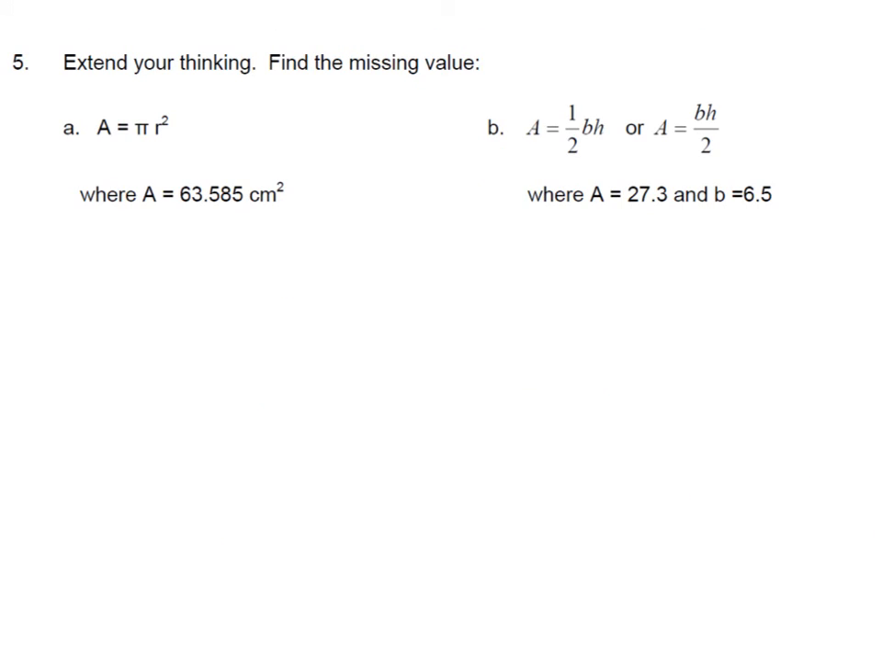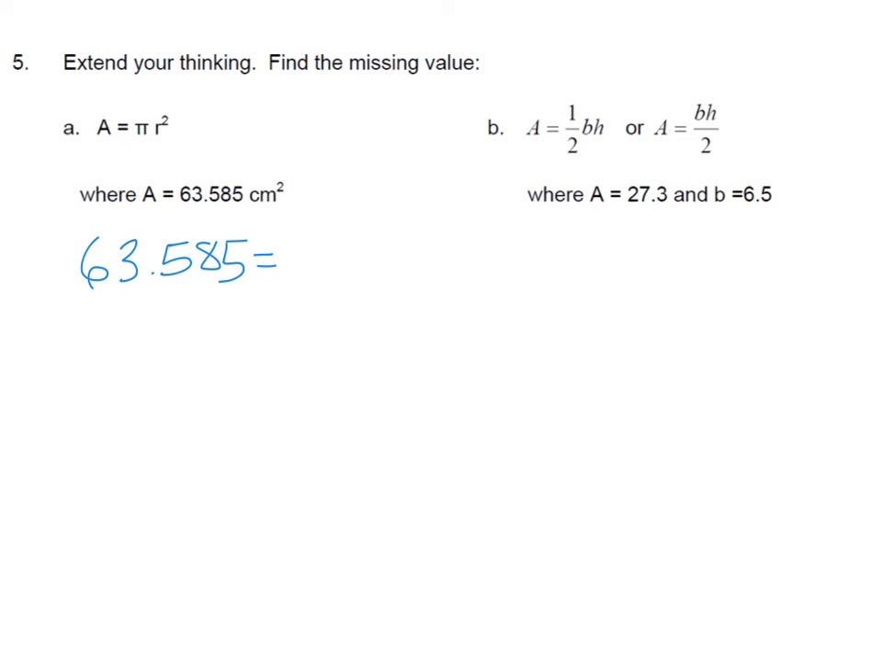Moving on to question 5 from page 17. In this you are given shape formulas. In question A, you are given the shape formula for a circle, which is area equals pi times r squared, and you're given the value of the area, which is 63.585 centimeters squared. So to answer this question, you're going to have to use substitution and then solve for the unknown variable. So A equals 63.585